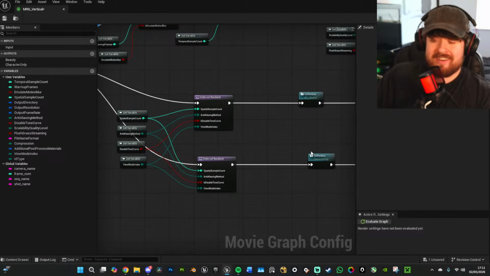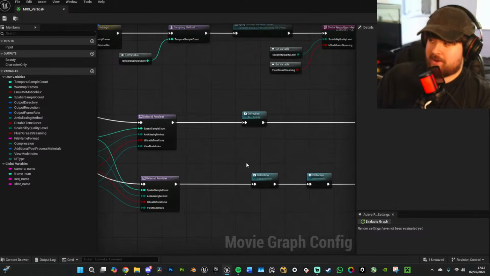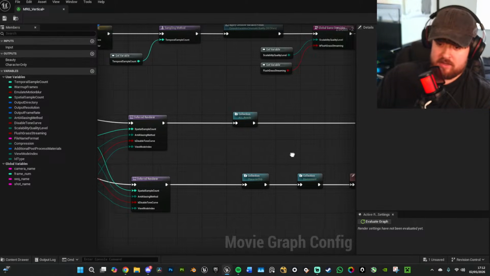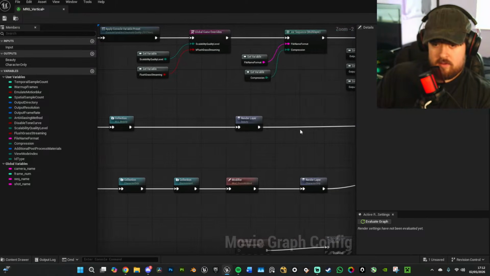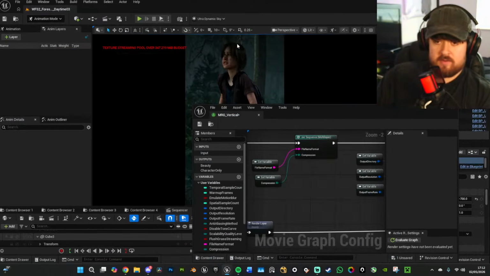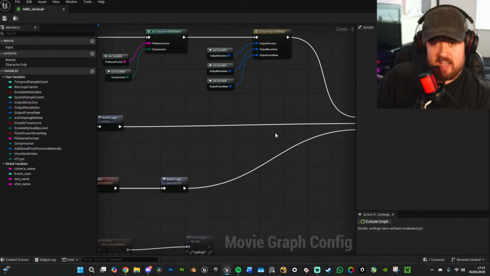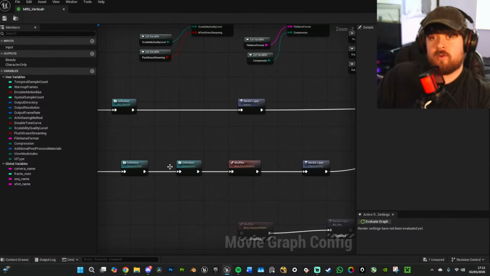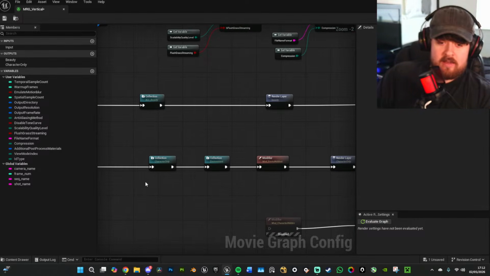So we have our render layers here, and this is something that is brand new. It's not brand new, but it's something that's brand new to Unreal on a macro scale, because we've always just not had the ability to render things out separately at the same time. So what's really cool here is I have my beauty layer, and my beauty layer is basically just all of this in one. What you're seeing here is going to be rendered out as that, but at the same time as it does that, I tell it, please also render a layer that is only my character,